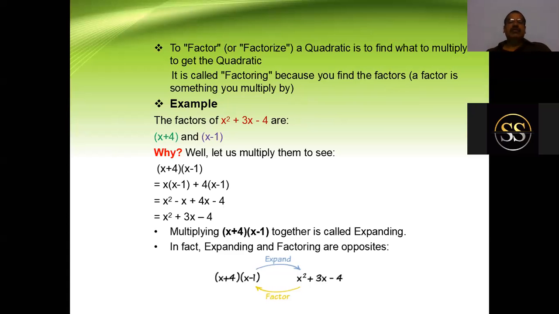Here, the factors of minus 4 are 4 and 1, but you have to get plus 3. That's why you keep plus 4 and minus 1. Then x square plus 4x minus x minus 4. If you take x common, x of x plus 4, then if you take minus 1 common, x plus 4, then x plus 4 of x minus 1. These are the factors you are getting. Okay.